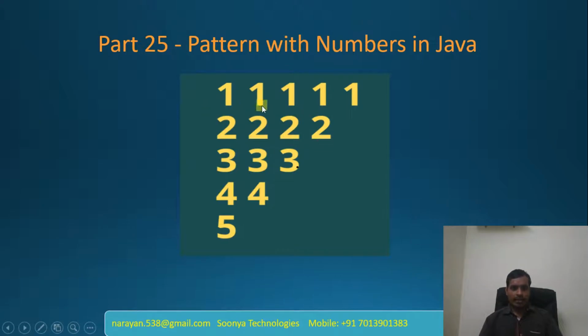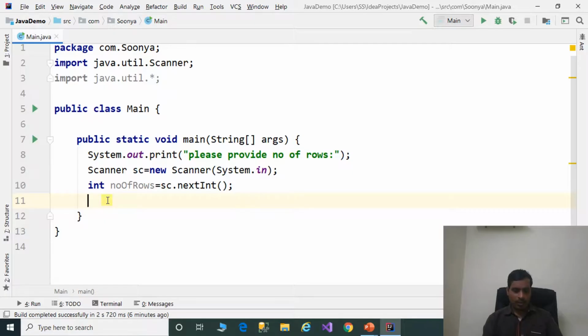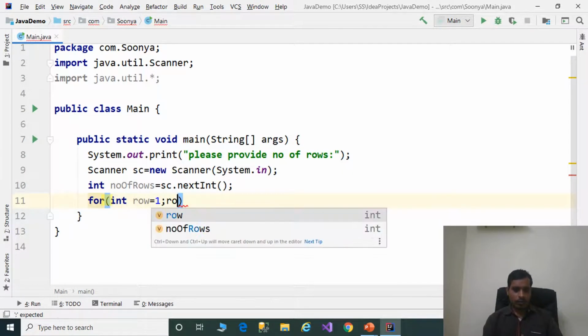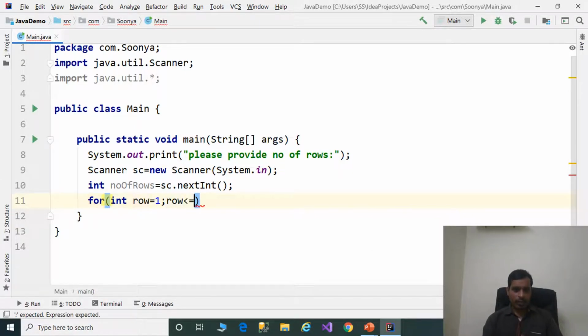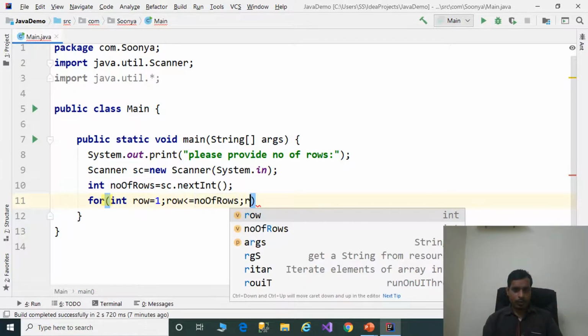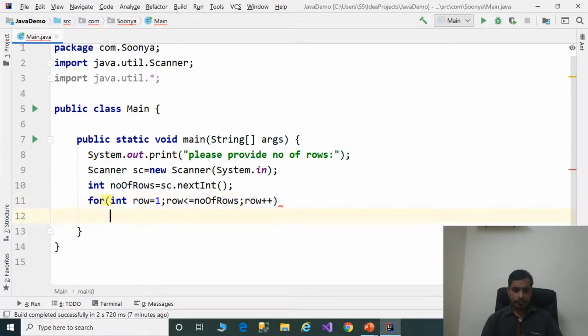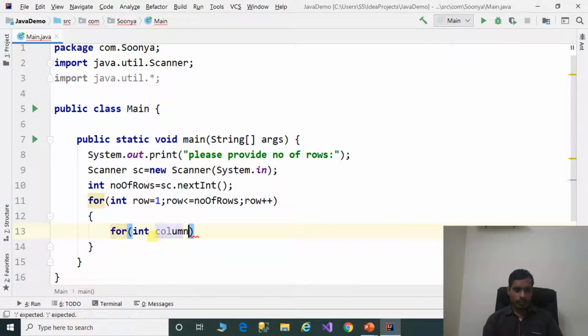So we need to display like this. So here we need to use two for loops. First for loop to get the rows, second for loop to get columns and values. For int row equal to 1, row less than or equal to numberOfRows, row plus plus. For int column equal to numberOfRows, column greater than or equal to row, column minus minus,